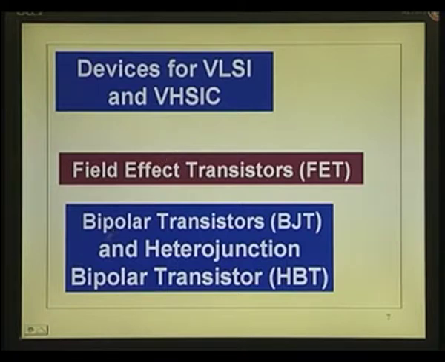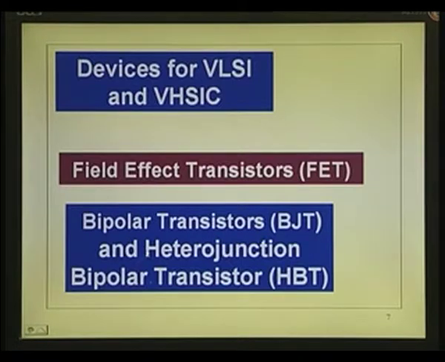Other devices which are used in circuits like emitter coupled logic or some linear circuits are the bipolar transistors. And when you have the ability to grow heterojunctions with 3-5 compound semiconductors with the ternaries, you can have